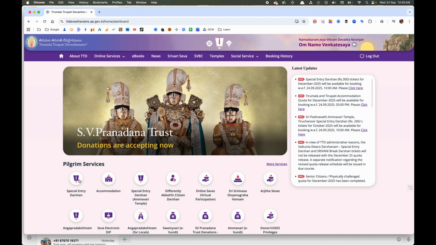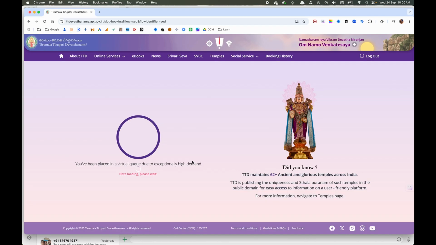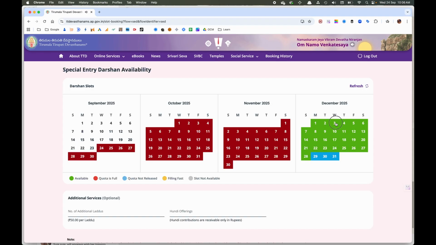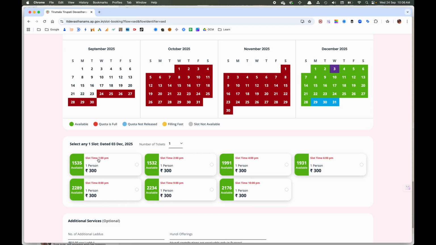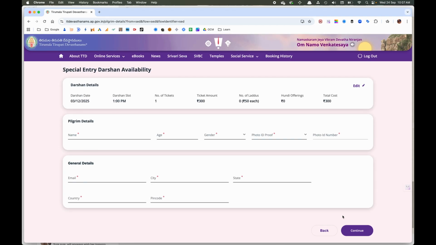Hello everyone, here's a short video to show you how to make an online reservation for the Tirupati Devasthanam. When you sign in, you're automatically put into a waiting time slot, and then after a few minutes the calendar opens up. Now this is 3 months after the current date, so you can choose your time slot and then